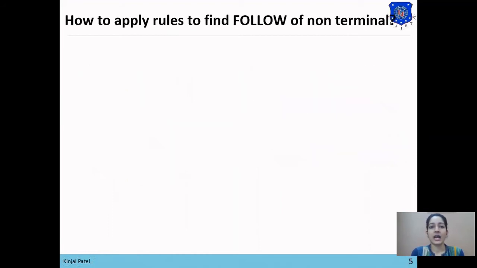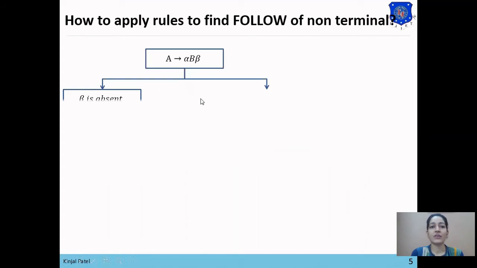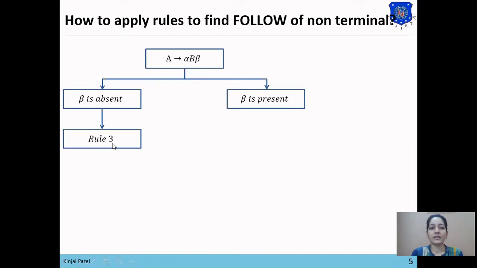Now we will see how we can apply these rules to find follow of non-terminal. So first, if our production is A produce alpha B beta, then there are two possibilities: beta is present or beta is absent. Now first possibility is if beta is absent, then our production will be like A produce alpha B. So we will apply rule number 3.